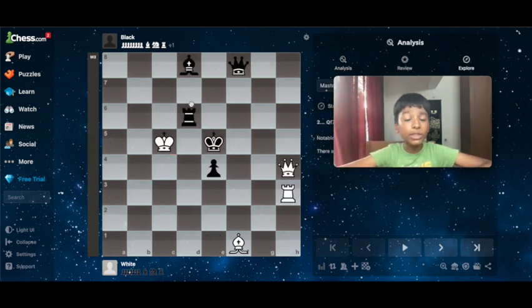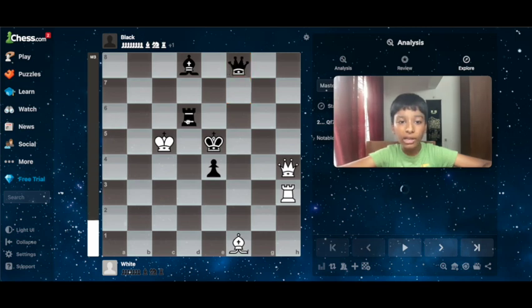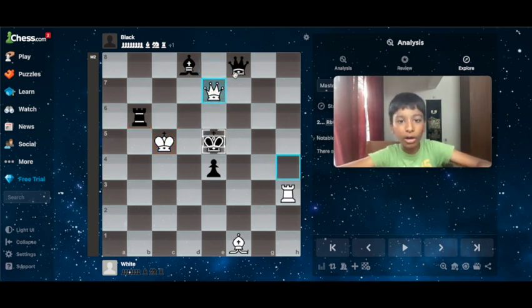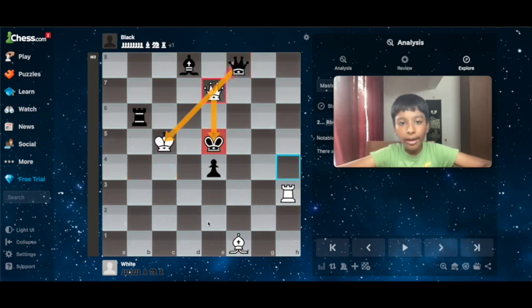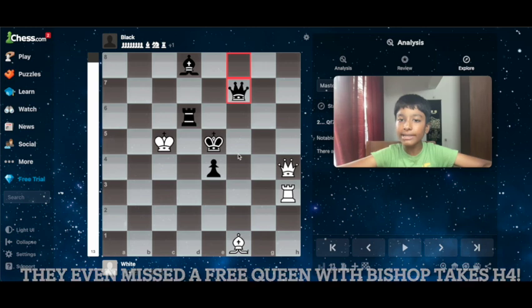Now it's black to play, and they play queen to f7, a losing mistake because they missed mate in 3 with rook to b6, discovered checks. If you don't know what discovered checks and discovered attacks are, you can watch this video. So rook to b6 is a discovered check. To delay mate, we have to block with the queen and give check at the same time. Black takes, king d4, and this is checkmate. But they missed all that and they play queen f7, a losing mistake.